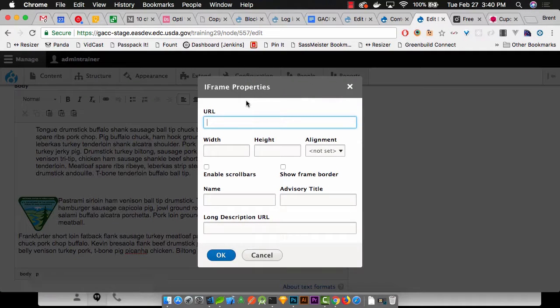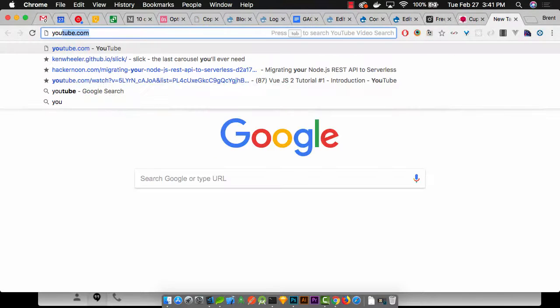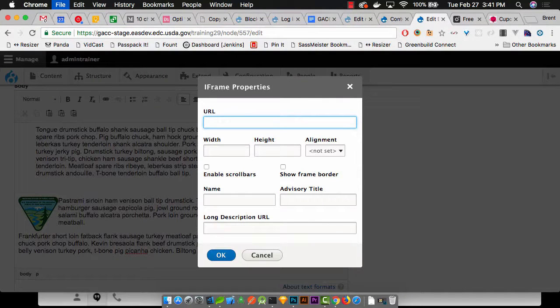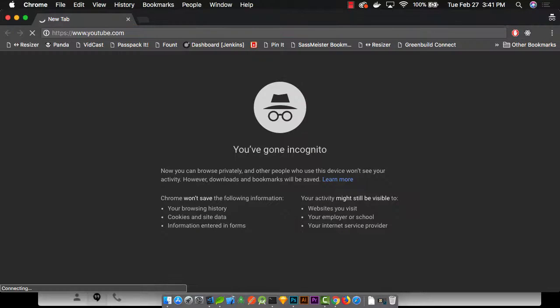So we've talked about iframes a little bit. And now let's add a YouTube video. This is the most common form of adding an iframe to a page, embedding a YouTube video on your site. So let's go to YouTube,